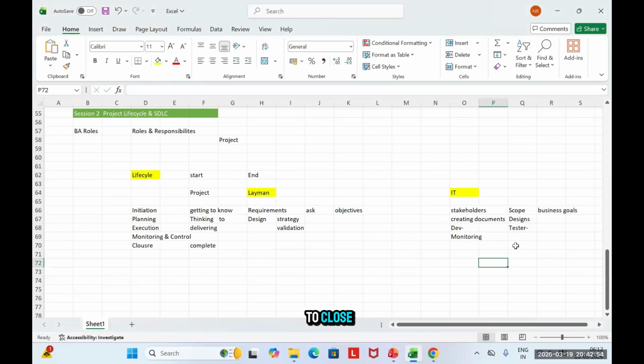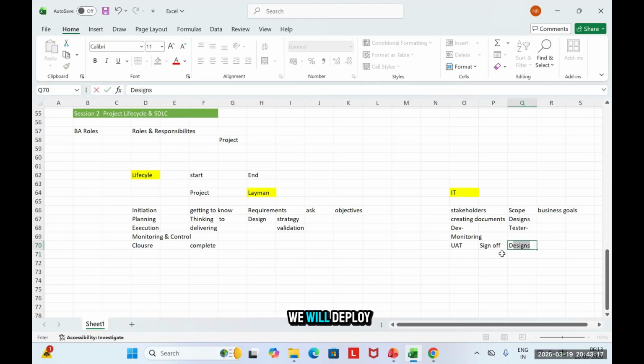In the last phase, when I have to close, I'll have activities like I'll do UAT, then I'll have sign off from the client, that whatever we have developed, we are okay, and please provide a formal sign off that we are good to proceed. And after sign off, then maybe we will deploy it into the prod. The product will be live, and then we can provide support for the next 15 to 20 days when we can check. This is known as hypercare support. That is, if something is failing, we will check and validate and try to fix it as soon as possible.